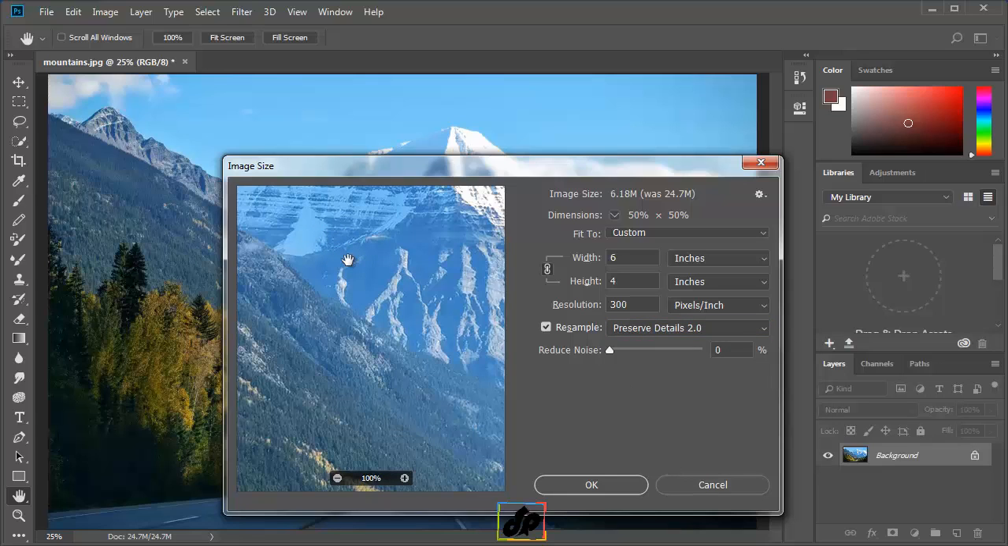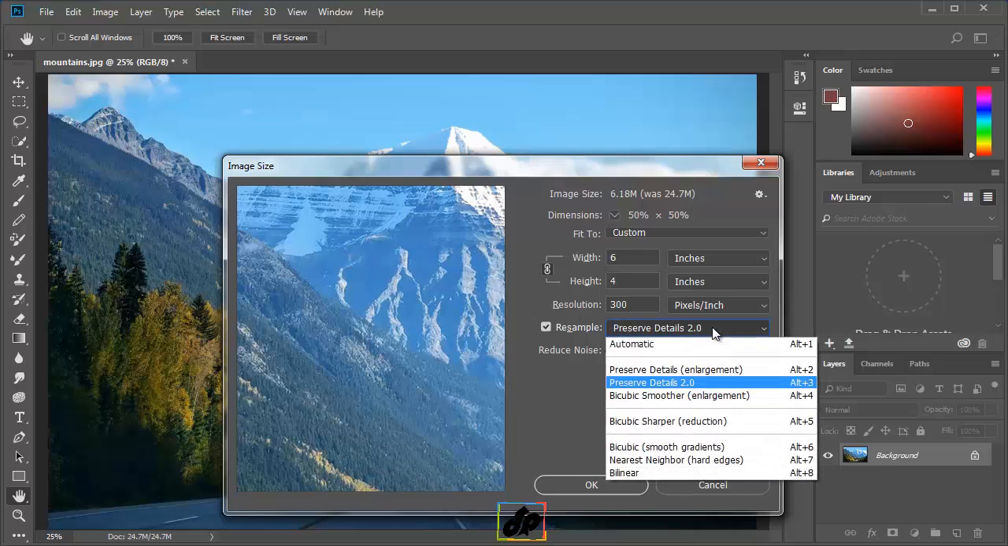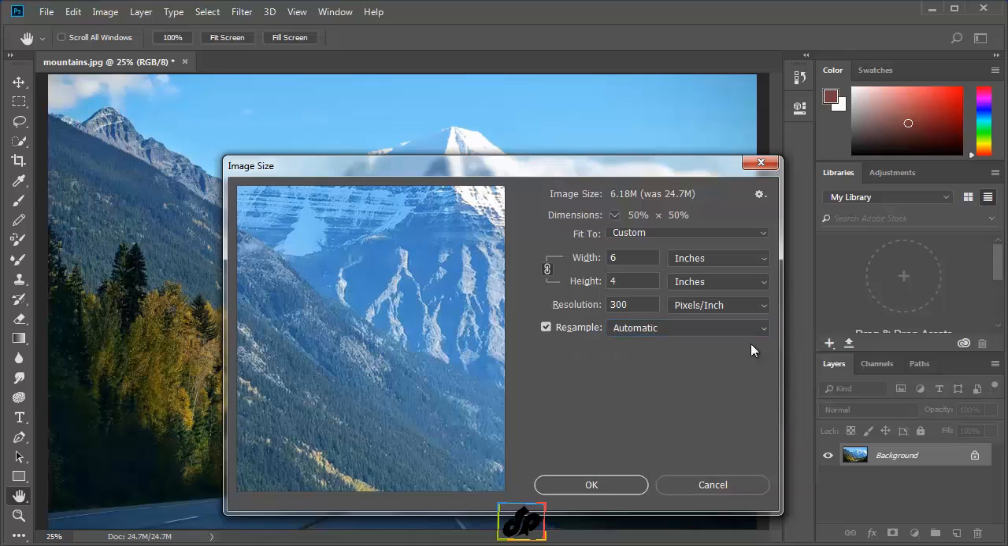Now, before we change this back, there's one more option which needs to be pointed out, and that's the Nearest Neighbor or hard edges. If we are working with graphics, for instance, designing interfaces for screens, and we want to resize without interpolation, we can choose this option. Now let's take a quick look at how we would set up the settings